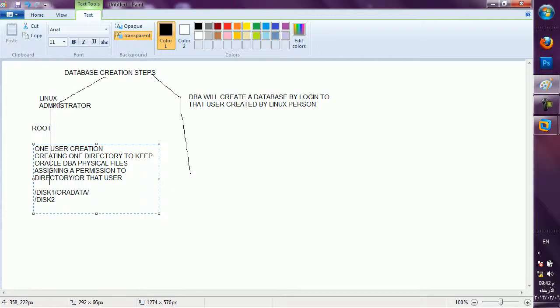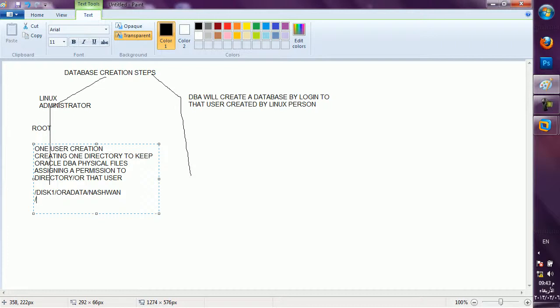So under Oracle data, suppose we are creating a folder named Nashwan. Now under Nashwan I will keep all the files so that it will be easy for you to remember. So Oracle data is basically a main folder and my subfolder is Nashwan under that. This is your choice, by which name you want to create a folder. Clear?